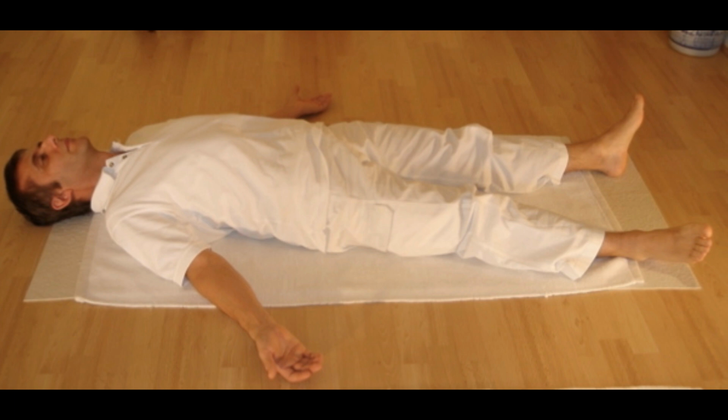Now bring your awareness to the back of the body, starting at the buttocks, lower back, middle of the back, upper back, back of the neck, back of the head, top of the head, forehead, right eye, left eye, right ear, left ear, right cheek, left cheek,